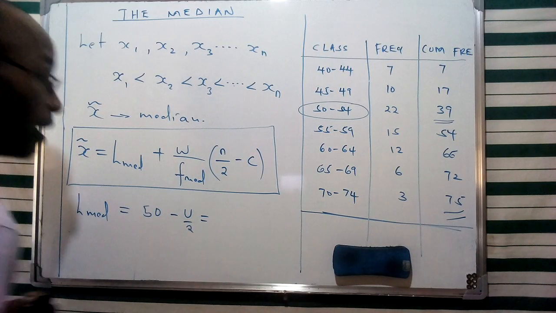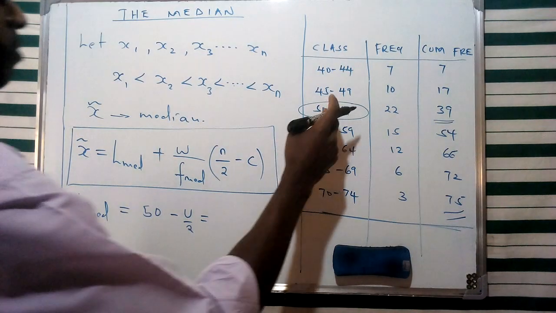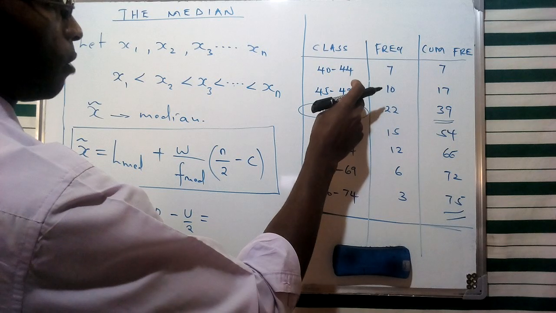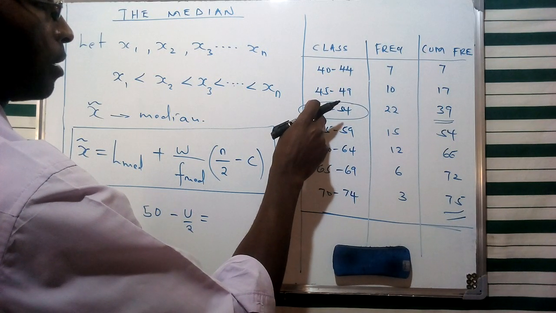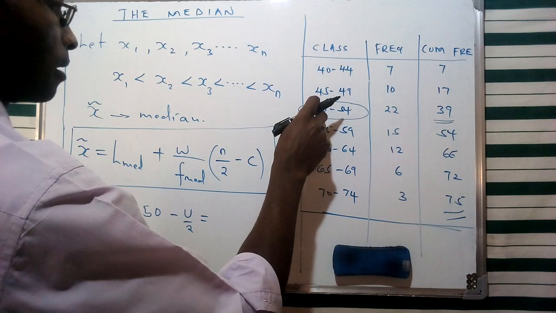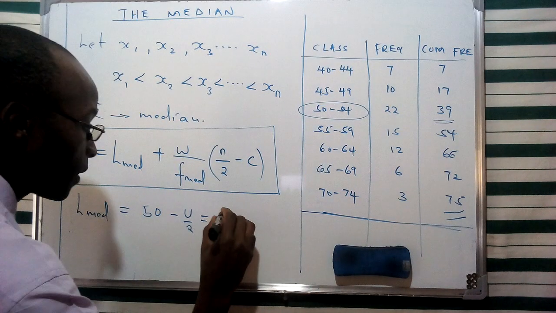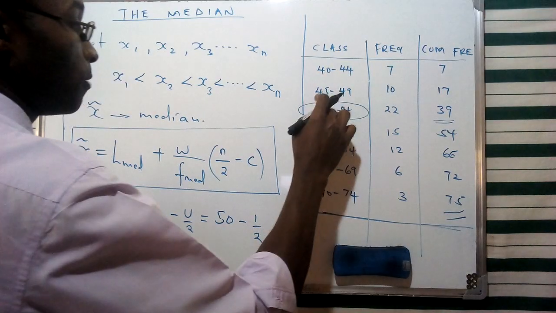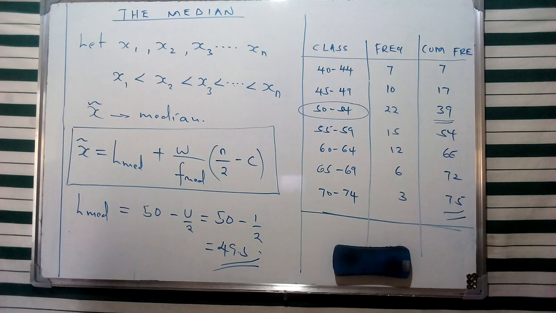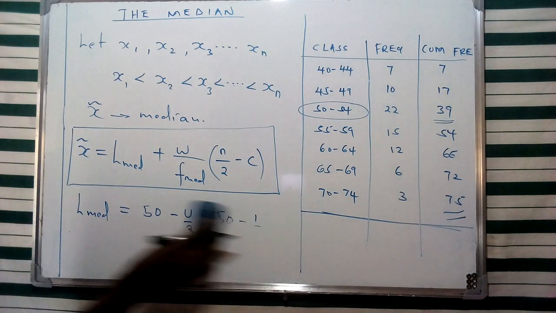The units of measurement is the difference between the upper class limit of the preceding class and the lower class limit of the median class. This is going to be 50 minus 1 all over 2, which is 50 minus 0.5, equivalent to